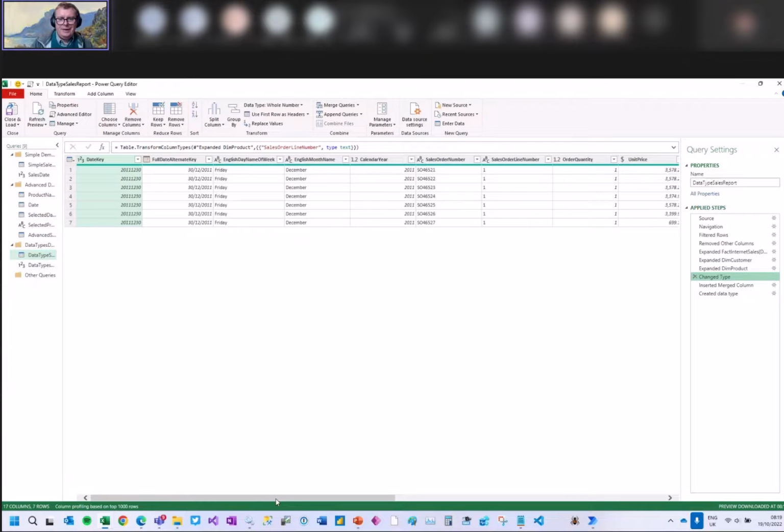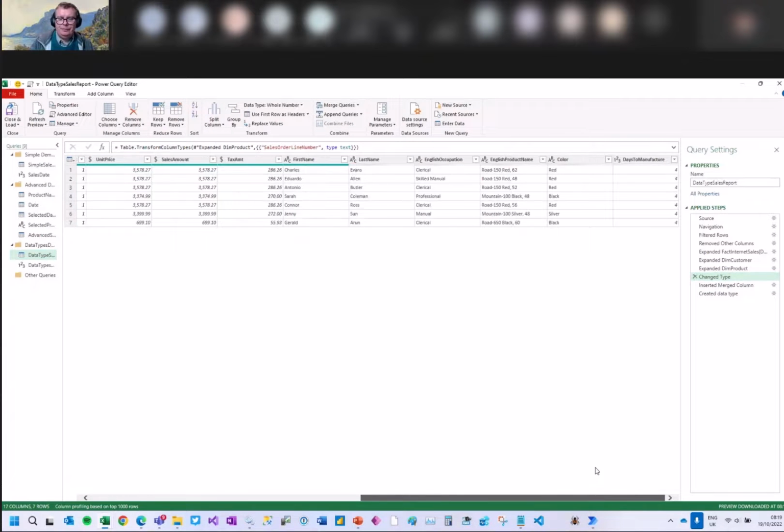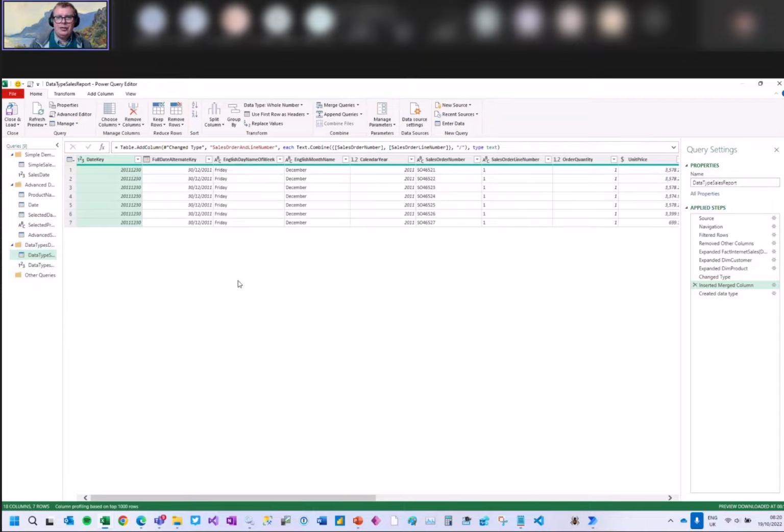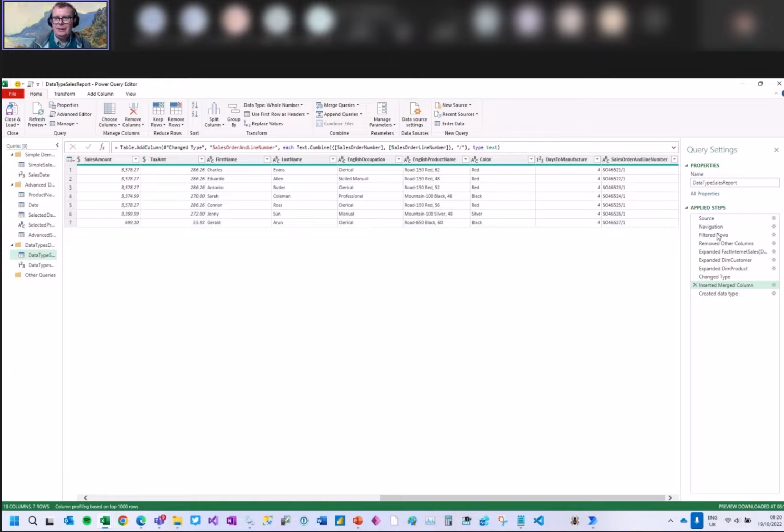So here we have a table connected to the Facts Internet Sales table in AdventureWorks with some more information from some other dimension tables as well. I've created a single column that contains just the combined sales order number and sales order line numbers. Where is it? Here we go. So this is a unique identifier for each row here. And then the last thing that I've done